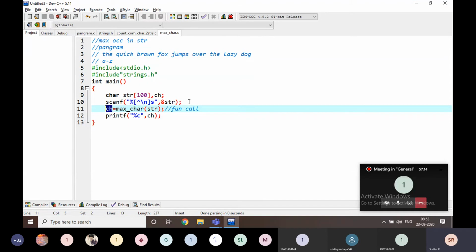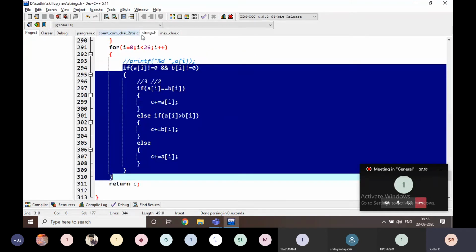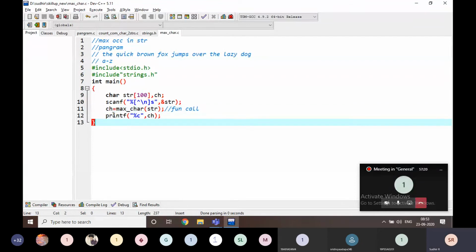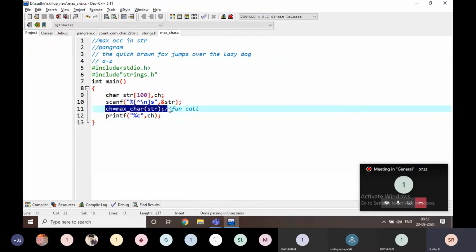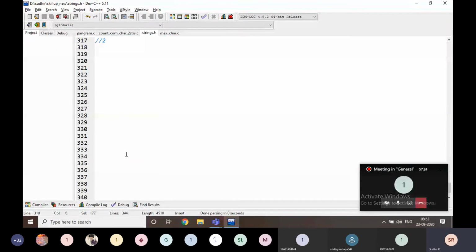Now in strings.h, what is the function definition here? This is the function call. I am going to write here: it is going to return some character, and the name of the function is max_char, and I am going to write char star.